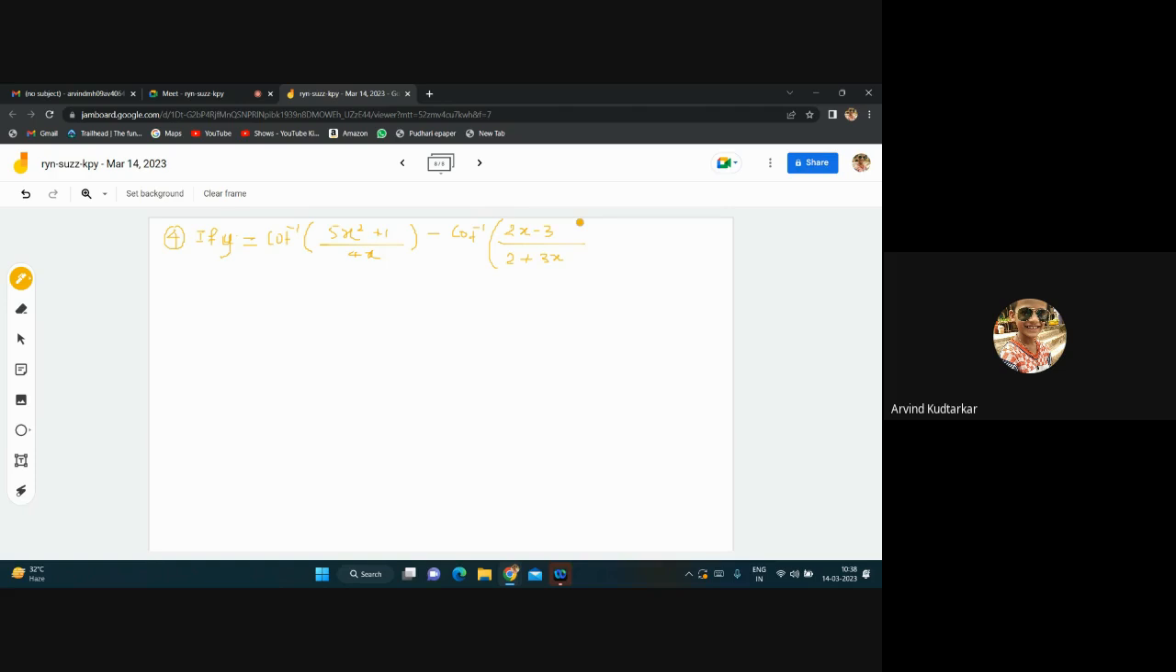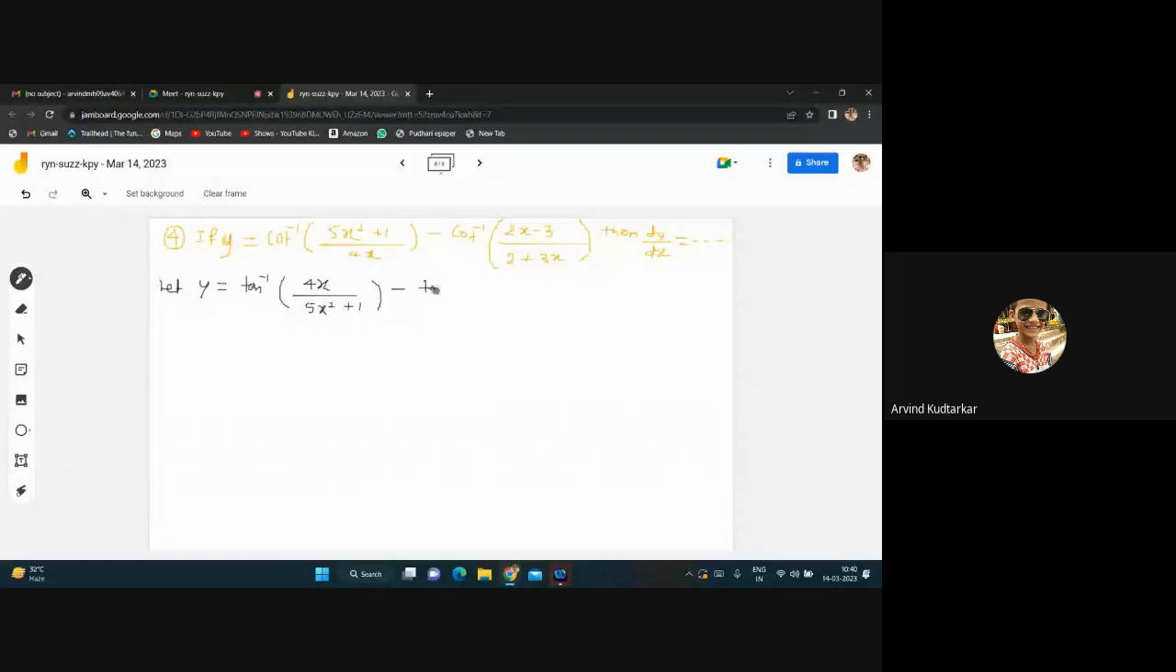So let y equal tan inverse... what does that mean? Cot inverse is nothing but 1 by tan inverse, so the numerator and denominator will interchange. So it is nothing but tan inverse of 4x upon 5x square plus 1. Here the result of cot inverse is 1 by tan inverse. So tan inverse of 4x upon 5x square plus 1